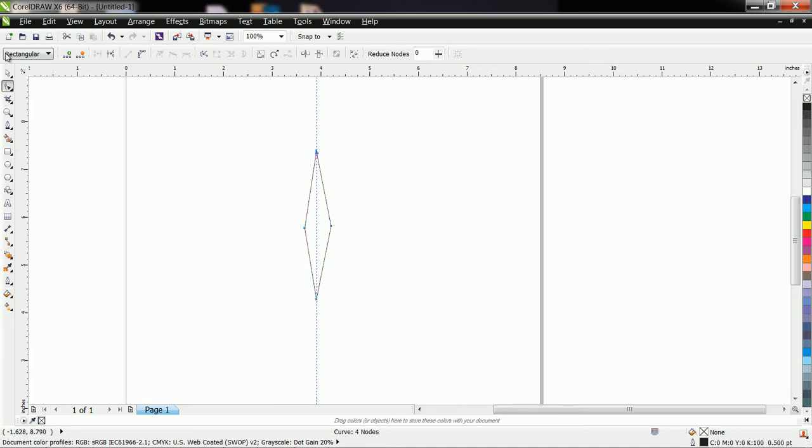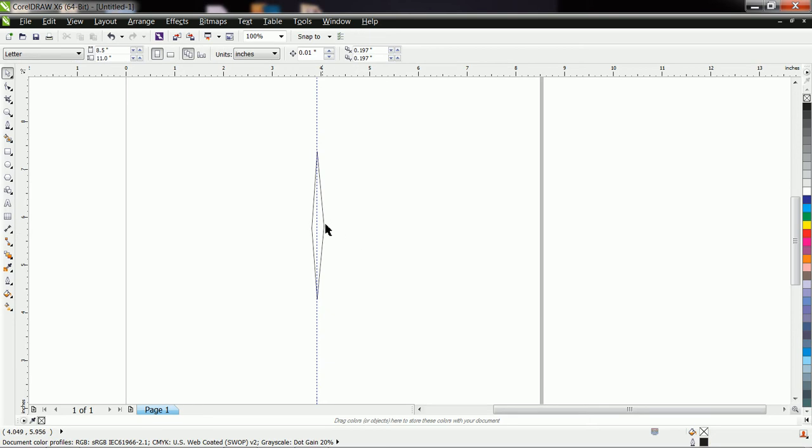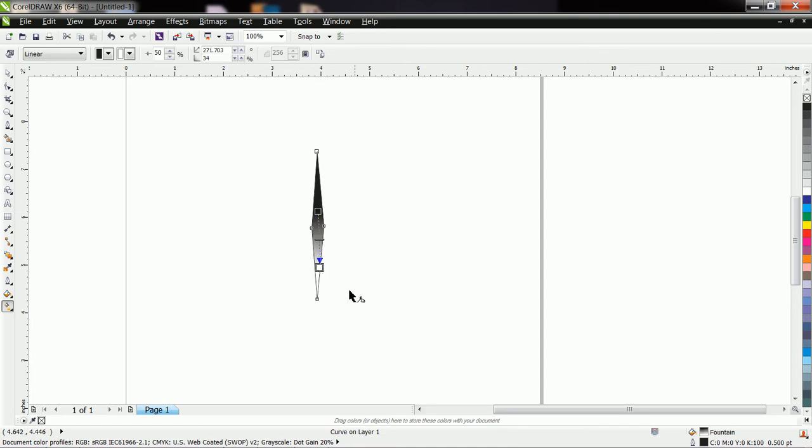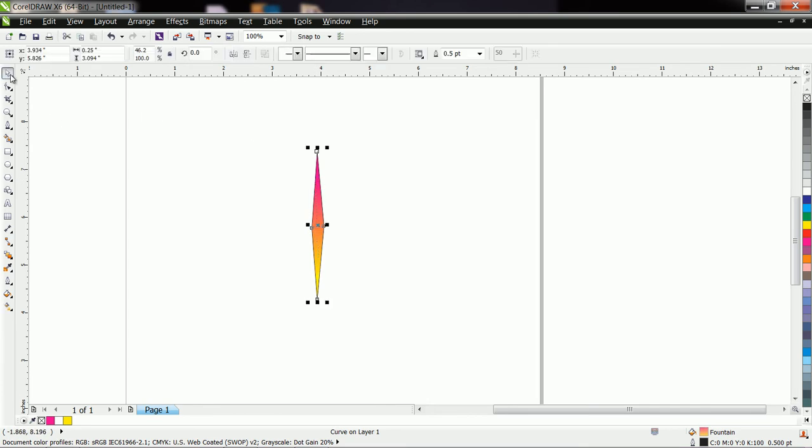Okay, fine. Let us decrease the width of this shape. Now remove this guideline and let us fill some shading. Okay, like this we create one simple shape.